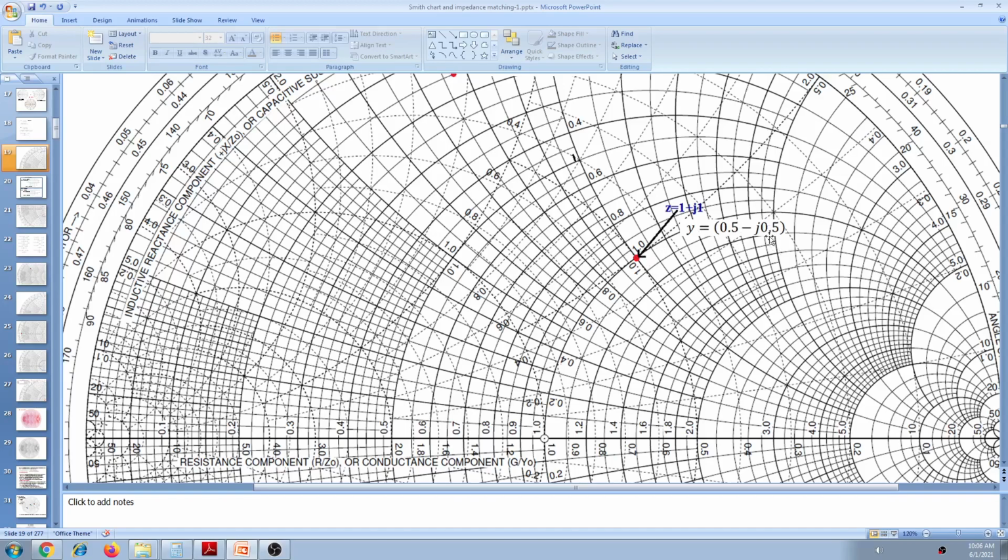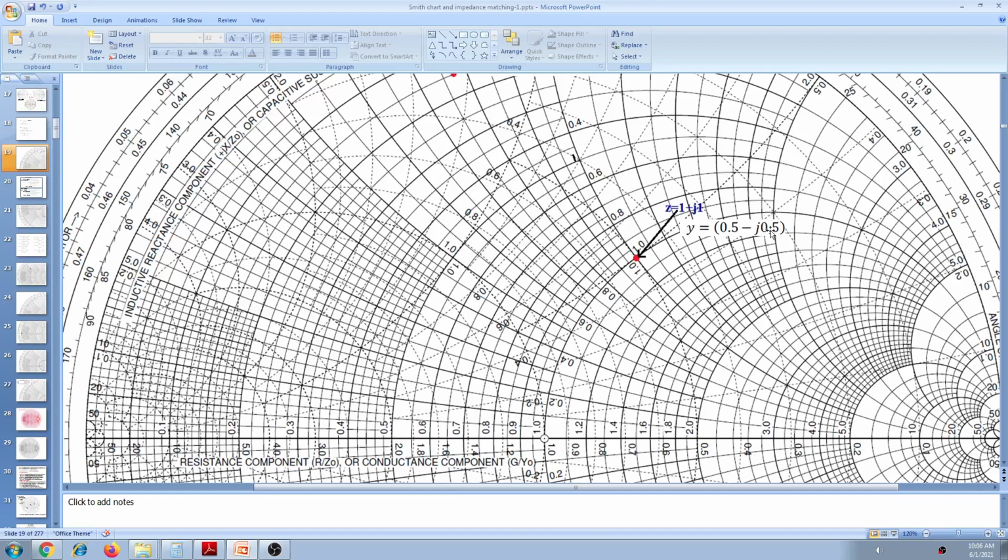And next, the b value, b means susceptance. We have to see which susceptance circle is passing through this point. These are the susceptance circles. This is a susceptance circle, this is also a susceptance circle, but they are not passing through the point. But this dotted line, a susceptance circle, is passing through this point. If you move along it, its value is written outside the circle, and it is 0.5. Take that value, but since it is in the upper part of the Smith chart, the b values are negative, so you should take it as minus 0.5.